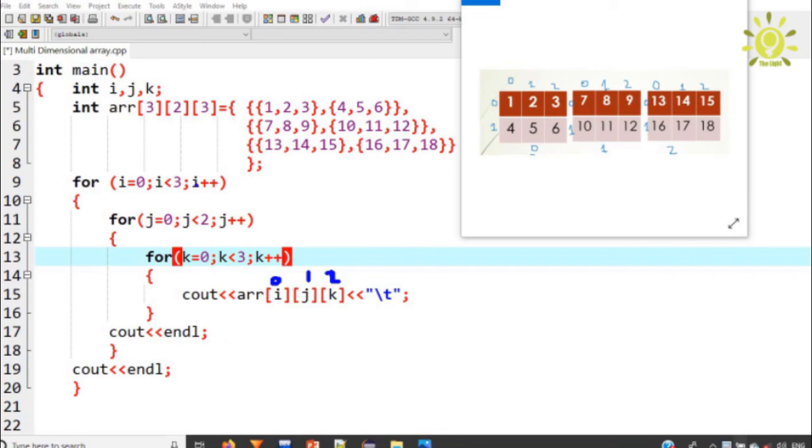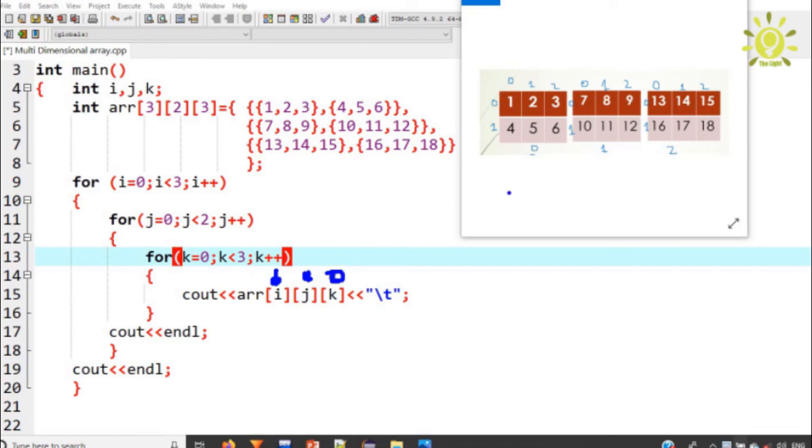So here you can see the i++. So that actually increases the value by 1. So at the last you can see i held 0 value, but now due to increment i holds 1 value. So 1 is less than 3, condition will be true, and so control moves into the inner loop, and here you can see j is equal to 0, 0 is less than 2, condition will be true. Control moves here, and you can see k is equal to 0 and 0 is less than 3, condition will be true, and you can see i holds now 1 value, but j holds 0 value. You can see here j holds 0 value and k holds again 0 value.